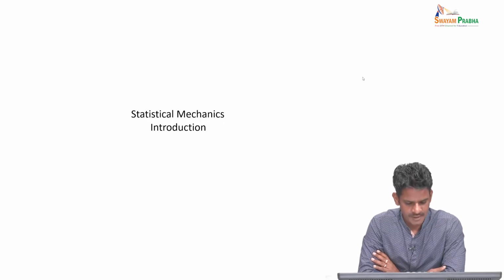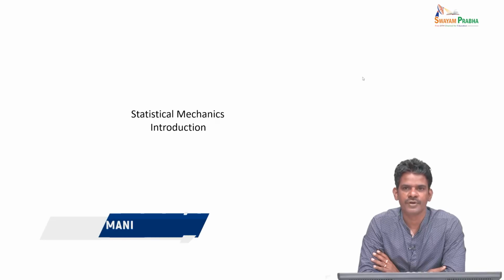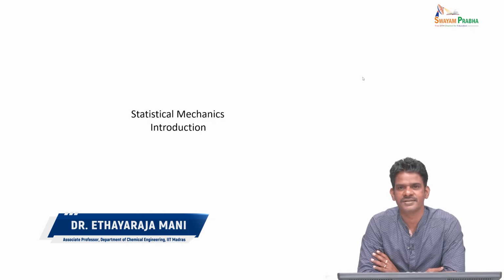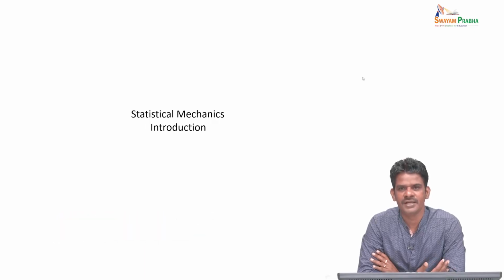In this lecture, we'll discuss an introduction to statistical mechanics. Before going into the subject, let us discuss some day-to-day practices that we do with regard to dealing with materials and how we talk about them. For instance, if you go to a grocery store and want to buy some water, you tell the shopkeeper, give me a bottle of water. Then the shopkeeper asks whether you want a 1 liter water bottle or a 2 liter water bottle or a 300 ml water bottle. So just that is enough to describe a material of a given volume.